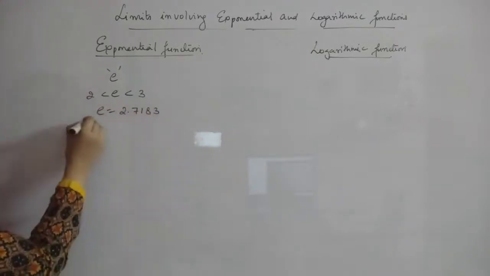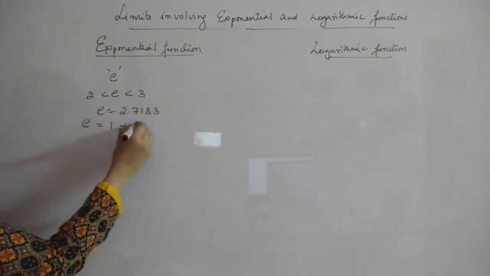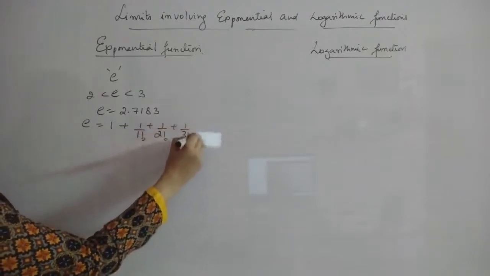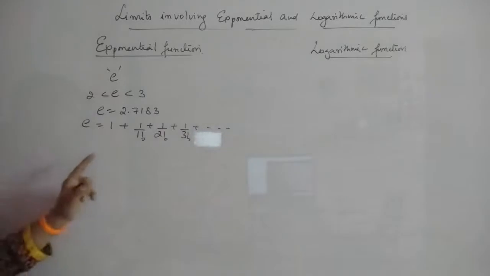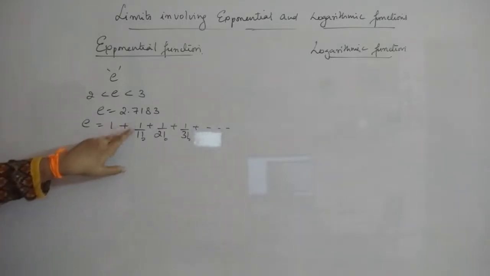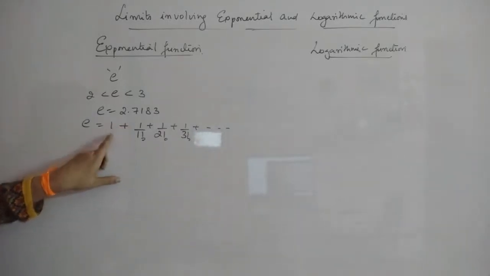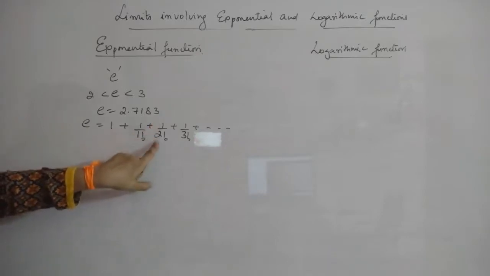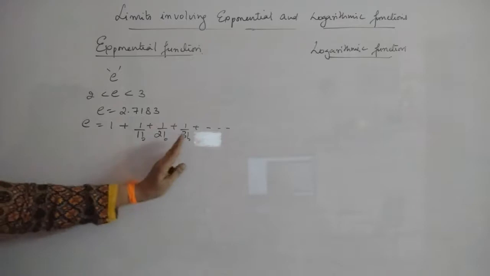E is actually 1 plus 1 by 1 factorial plus 1 by 2 factorial plus 1 by 3 factorial plus etc. Like this you will give. So this is 1, this is again 1 by 1 factorial is 1 again, so this will become 2. 2 plus 1 by 2 factorial means it is 1 by 2. 1 by 2 is 0.5. So as you go